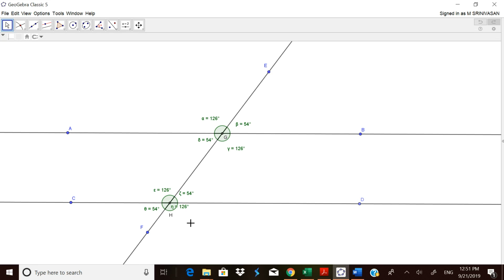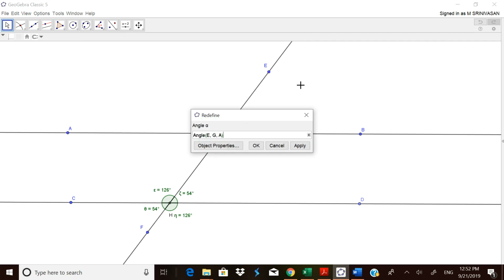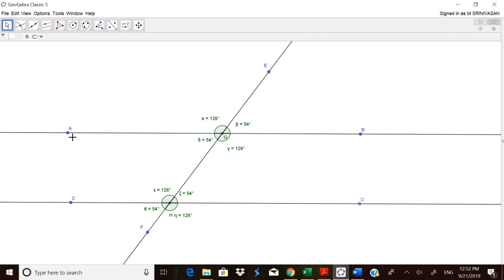Now by noting down these angles, what is alpha, what is beta, what is delta and what is gamma, and then eta and then theta and so like that. Now the child can try to understand what are corresponding angles. You can ask them to list out what are the corresponding angles. For example, alpha and 126 here. Okay, now you can ask them to write it as angle